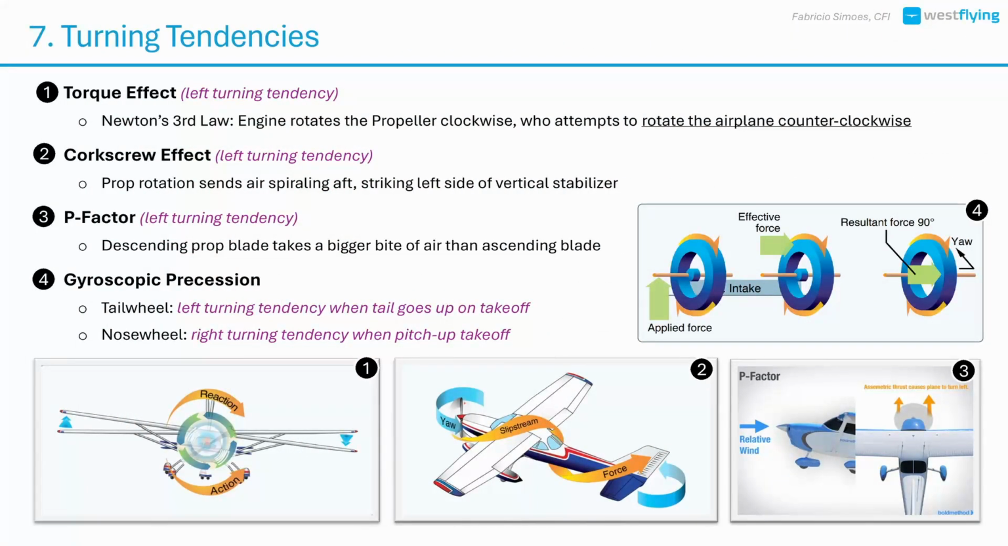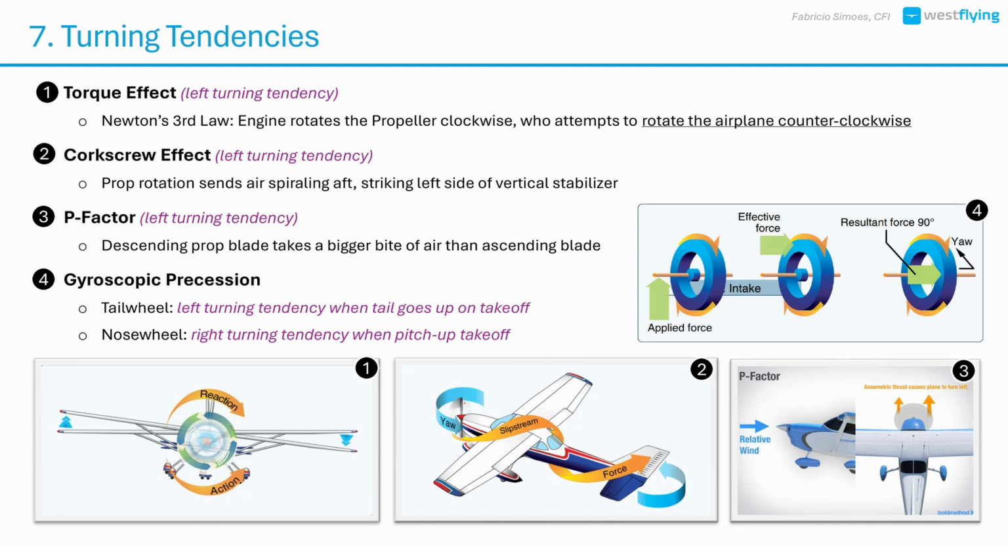Let's talk about the four main left-turning tendencies that pilots experience in an airplane, especially during takeoff and climb. Torque effect. As the engine rotates the propeller clockwise from the pilot's view, Newton's third law tells us the aircraft tends to roll counterclockwise. This causes a left roll tendency, most noticeable during high power and low airspeed, like takeoff or recovery from slow